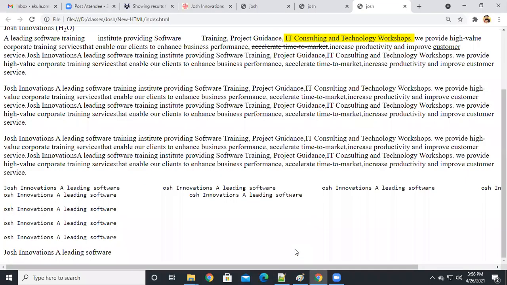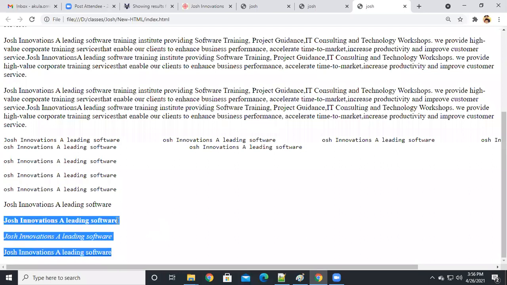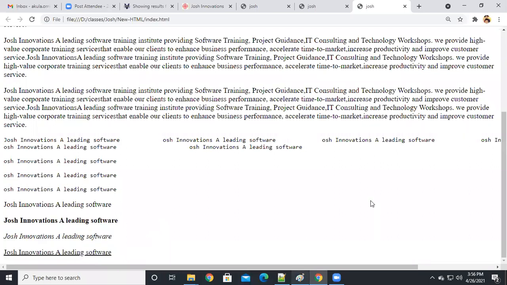So bold, italic, and you get this is the normal paragraph, and this is the bold, guys, and this is for italic, and this is for underline, guys. This is the bold, italic, and underline. So, but now we are using B tag, right? But in HTML5 onwards,